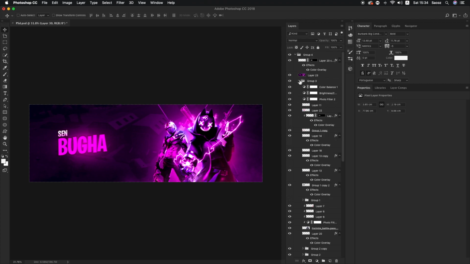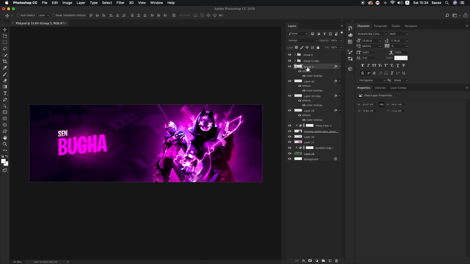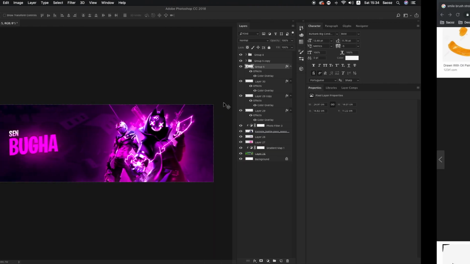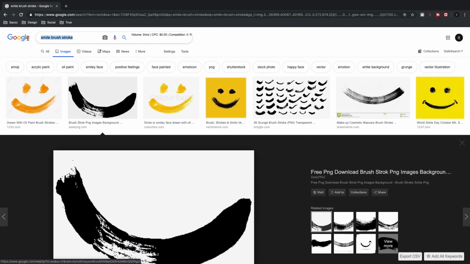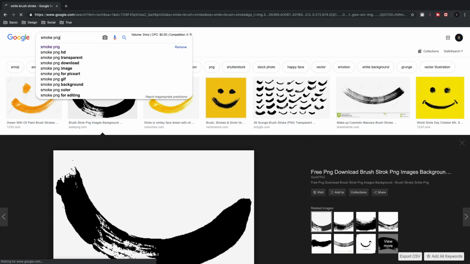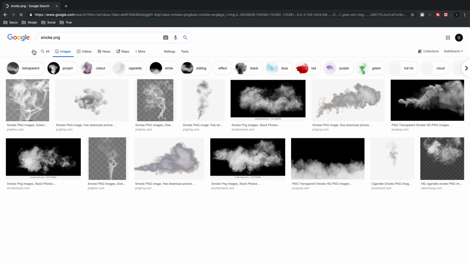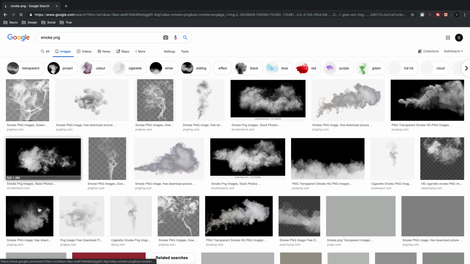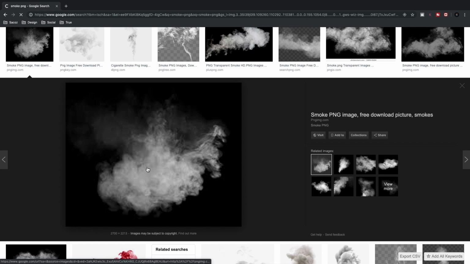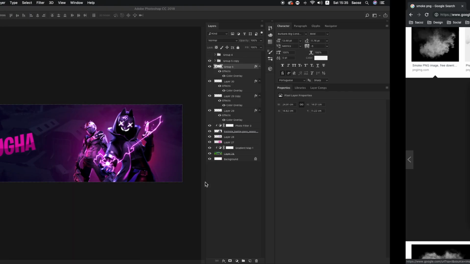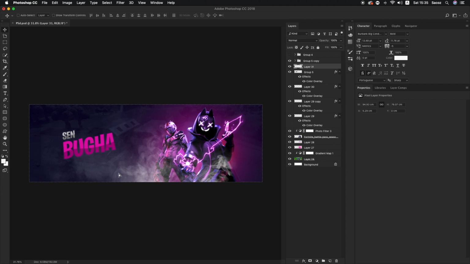Alright, boys, maybe this is not the most efficient way to do it, but basically what you want to do is just whatever smoke you want. So just put like a smoke PNG, and then just find something like this. I think that this one is the one I used, I believe. You can use a stock pack, you can use whatever you want, and just add it above, and